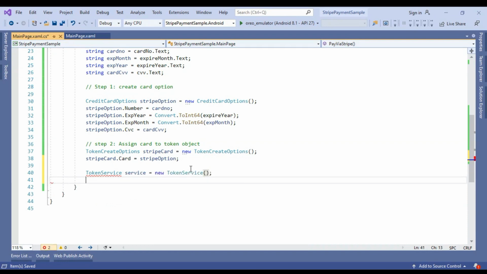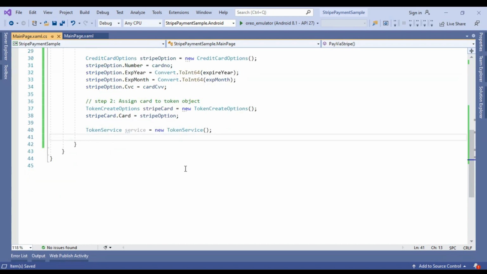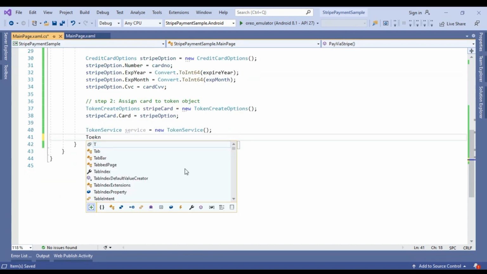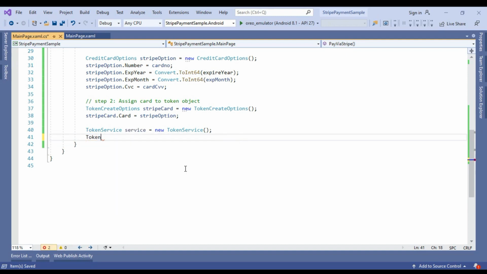So we are going to create a simple token service object, and inside this token service we have to create a token. So here we are using a token, token equals to using this service. So service dot create, and using this service dot create we have to pass the token create options.